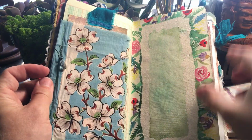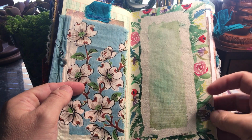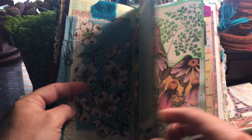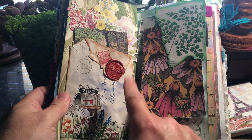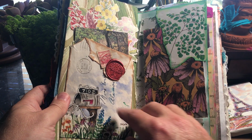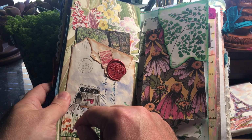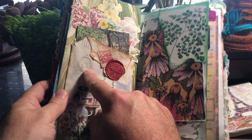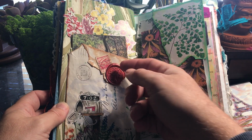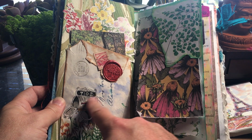This side is the back of that marbled paper again, and I did a little watercolor floral edging on that. This is probably my favorite page. Another antique letter that I found at a flea market. This one looks like it's from 1943 maybe. So I took this envelope, folded it down, put a little seal on it, did a watercolor of